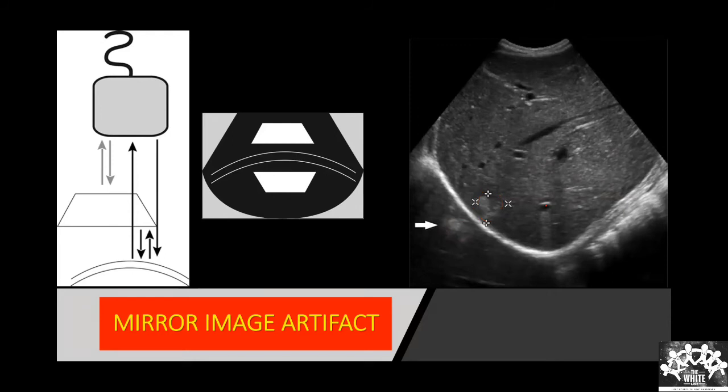It is bright. Metastasis will be blacker. So this is bright, that's one thing, and it is equidistant from the diaphragm. Think of a mirror image artifact. Again, how do I differentiate this? How do I tell this is not a lesion? You just change the direction of the probe where it is not going through this fat. Okay, so that's a good point.